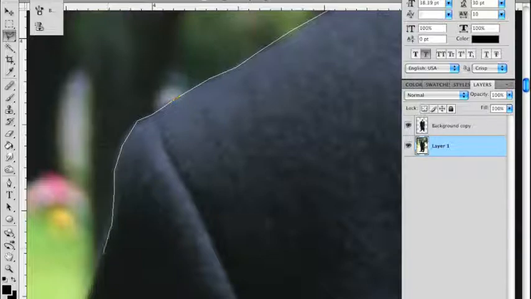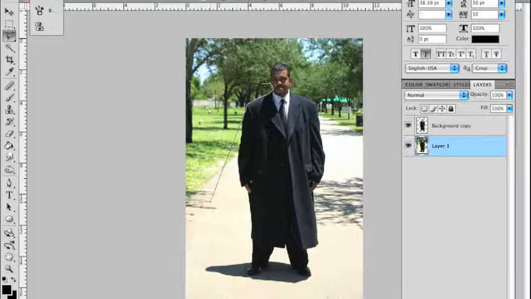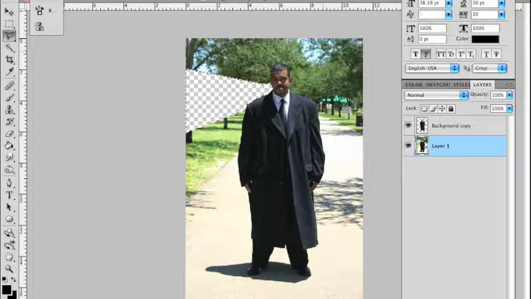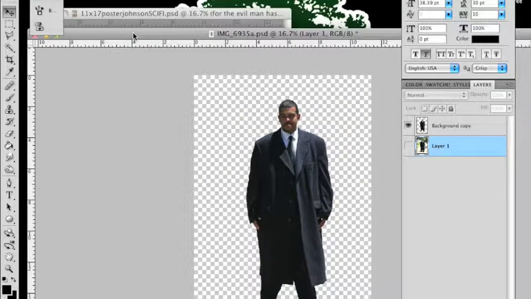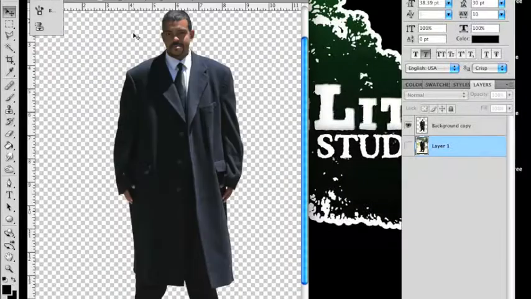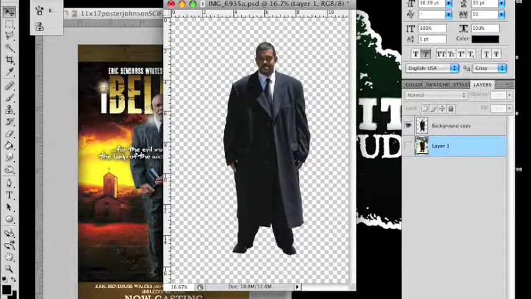And that usually can run, it depends on how big the resolution is or what object I'm cutting out. It can take as long as 5 to 10 minutes to cut them out, but once I have them all cut out, which is just the final result, what I do next here is put the character inside. Well, actually what I'm going to do here is just change the canvas size to whatever